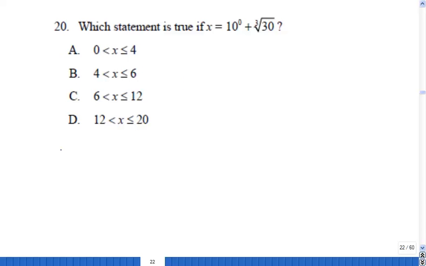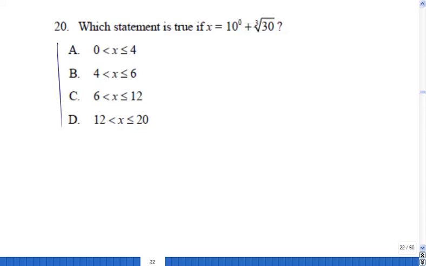Well, first of all, look at your possibilities for an answer. X should be between 0 and 4. X should be between 4 and 6. X should be between 6 and 12. X should be between 12 and 20. Okay. Well, I don't know yet, but you guys are going to help me find out how we can